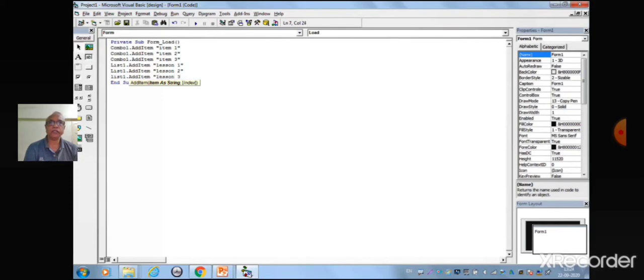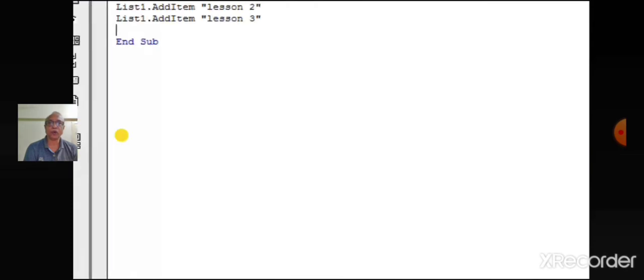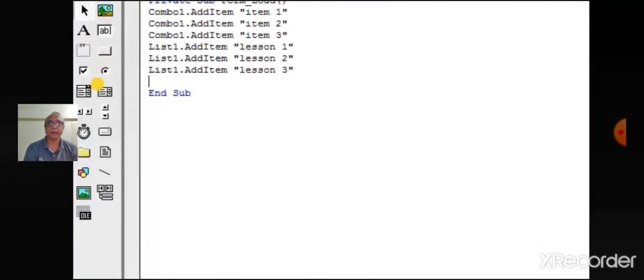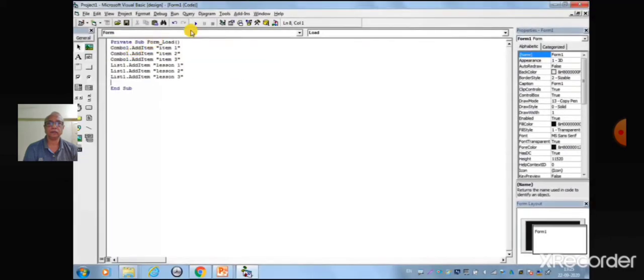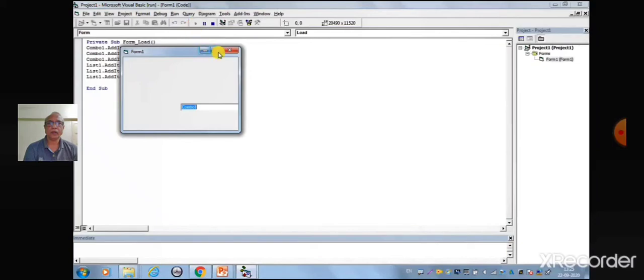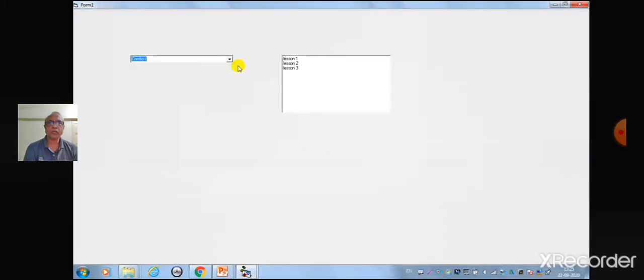So this is your code for combo box and list box. Let's execute this code. From the combo box, we need to select the items from the drop down menu, whereas for list box, the items can be directly selected.